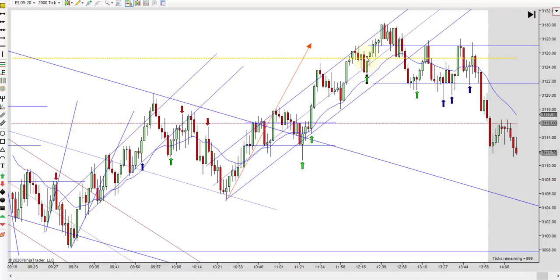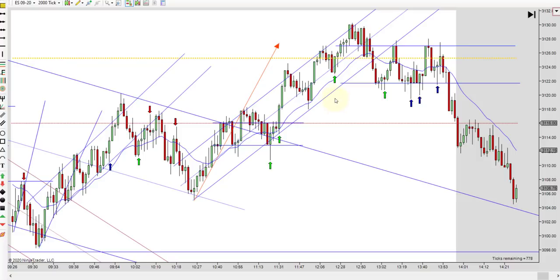But it closes above it, so you could look at that as a second entry long off the midline, and you've got enough room to get out. So you may take that one. I still made it green because it's not a great setup. It's not a perfect setup.